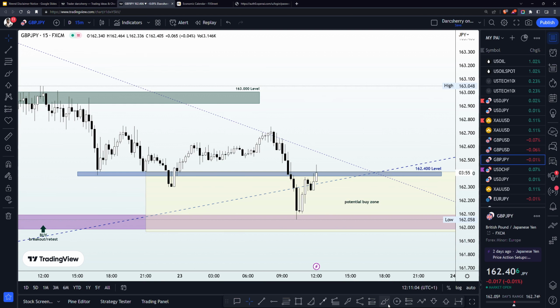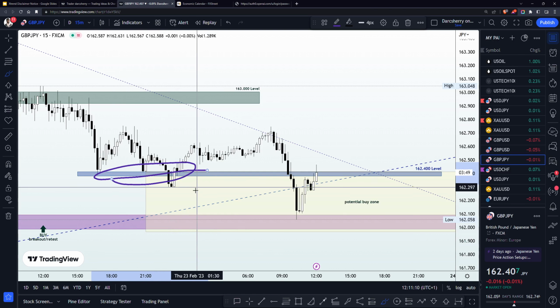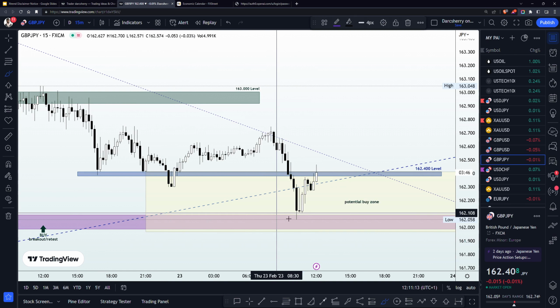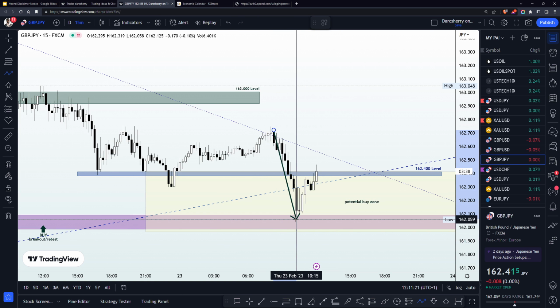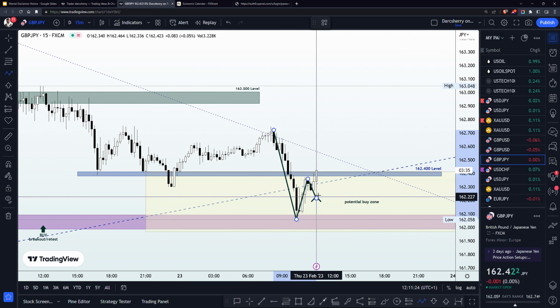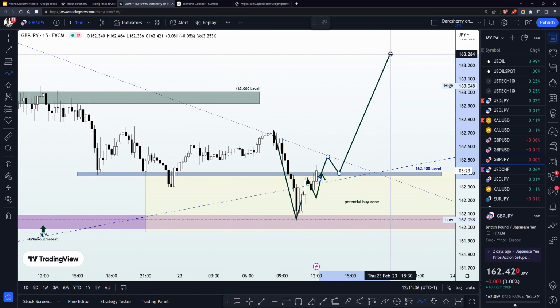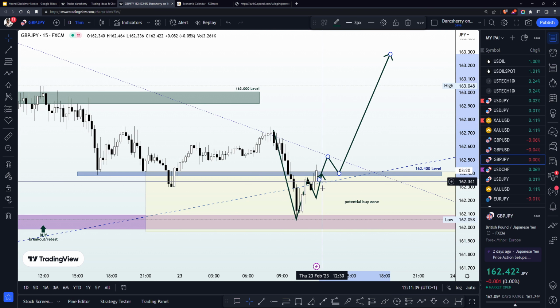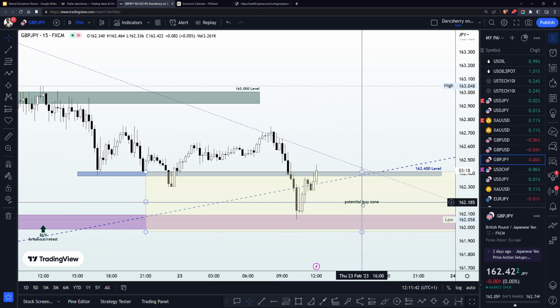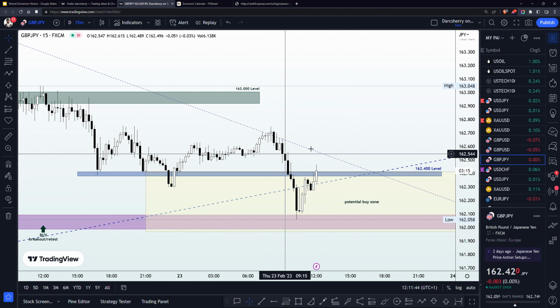So following the breakdown of the 162.400, we can see how this level had been a major buying niche in the past. We saw the breakdown of that structure. We saw buy pressure resume around the 162 point area, and it appears price action is transitioning into a reversal pattern, probably in the form of a double bottom structure. So we have a neckline at the 162.400 level, which I said we want to be seeing a breakout retest of that structure to give us an opportunity to buy the GBPJPY and join that potential trend continuation to the upside. So this is looking more bullish for us on the GBPJPY.